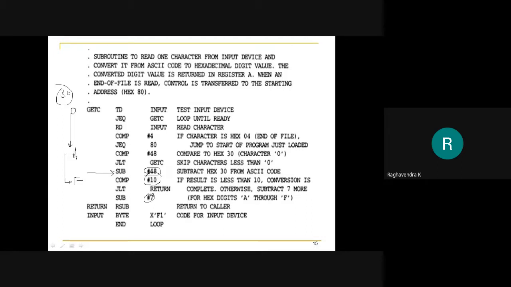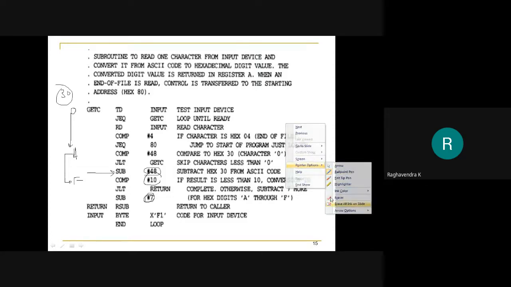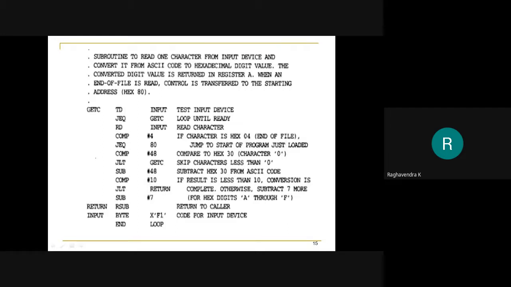So if it is between 0 to 9, then I only subtract 48. Compare that with 10. If the result is less than 10, it is 0 to 9, so I have no issues and the conversion is over. But if it is not, then I need to subtract 7 from that again because of the characters A to F. So I will do that and I will return to the main subroutine.